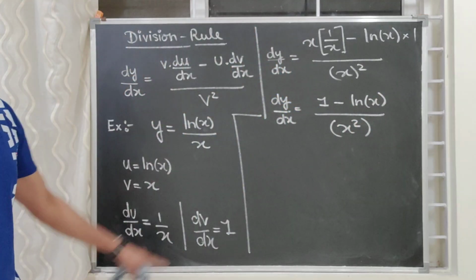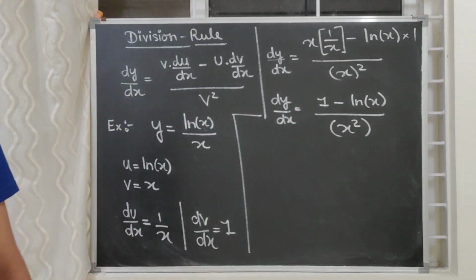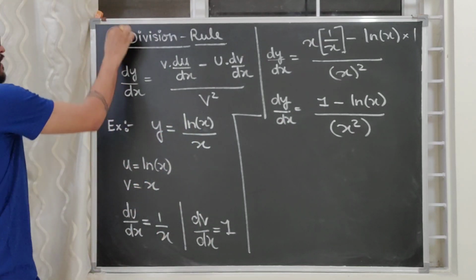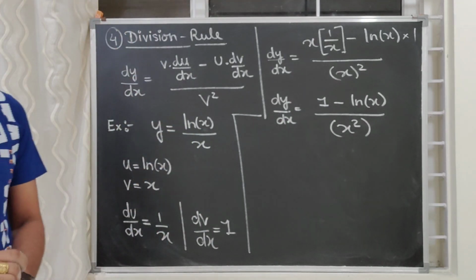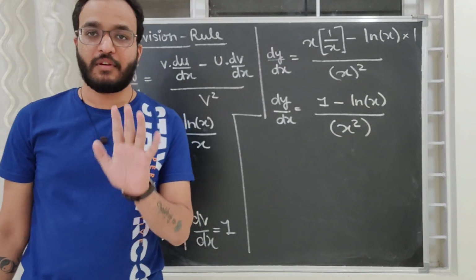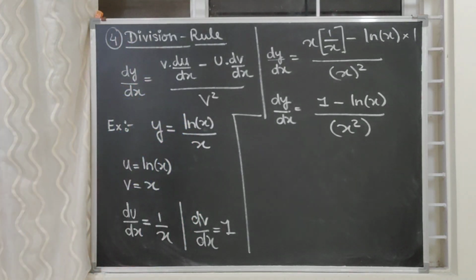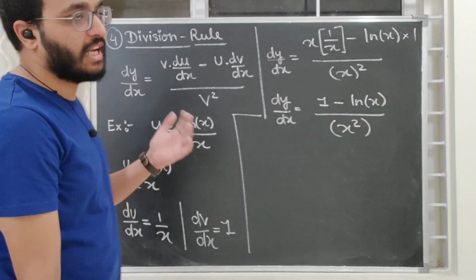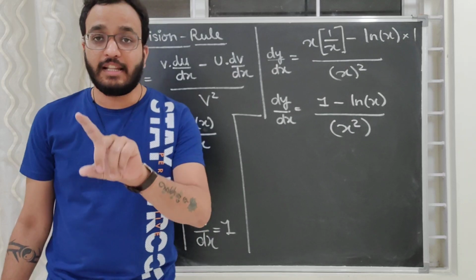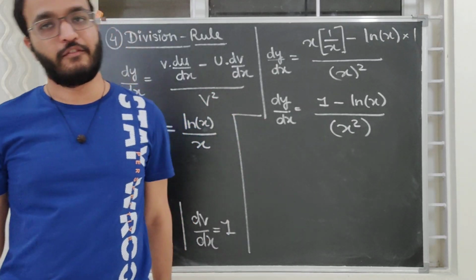Can you see how we applied the law of division or division rule in it? It's very simple, very simple. So this was rule number 4, which is division rule. Now today we are going to study one more rule, that is rule number 5. It's very simple, but before rule number 5, students, I'm going to tell you a little bit about functions, a little bit about mathematical functions, and then we will enter into rule number 5.